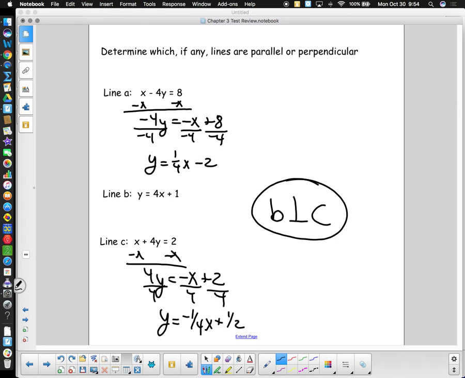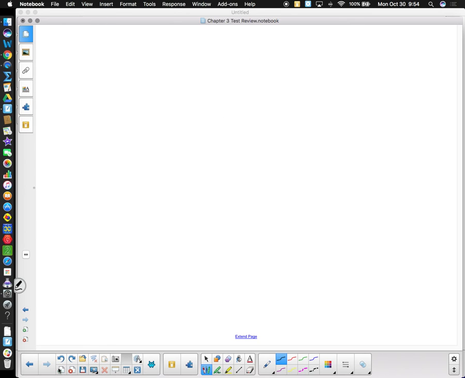Could there be more than one solution? Yeah, I could have several parallel lines and perpendicular lines, but in this case, I only have one pair of perpendicular lines. So what else could show up besides what we've seen there, because that takes us to the end of this? The other thing that you could see is if I gave you 2 points,